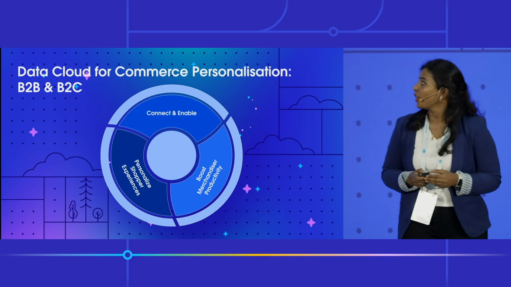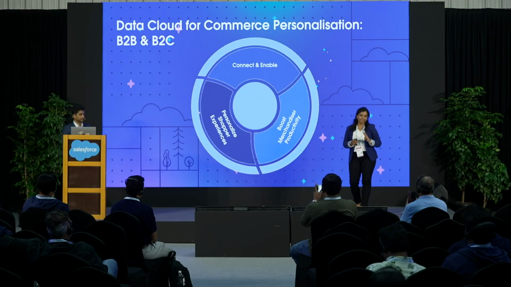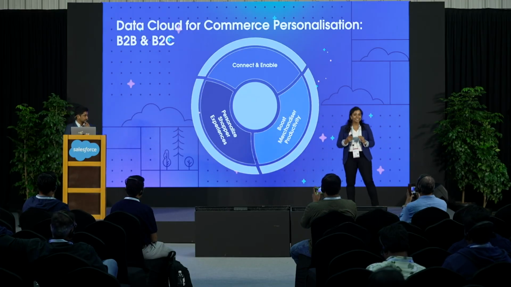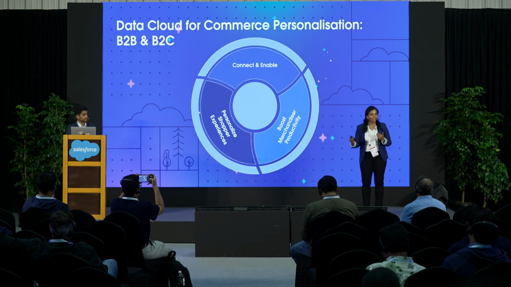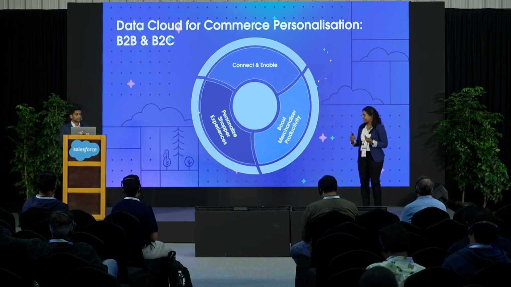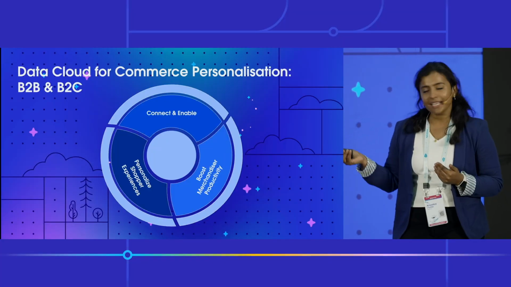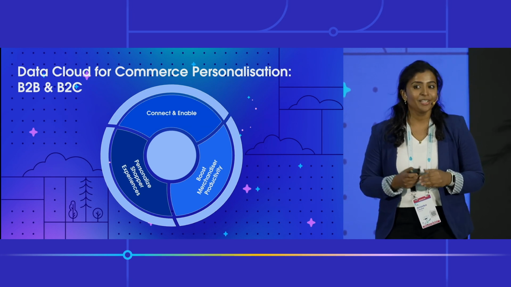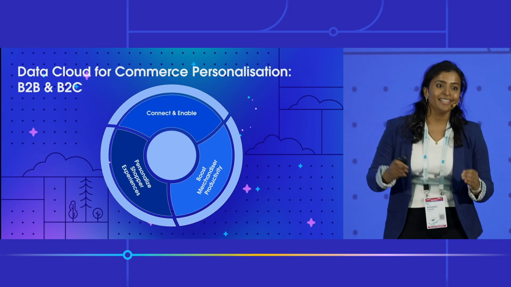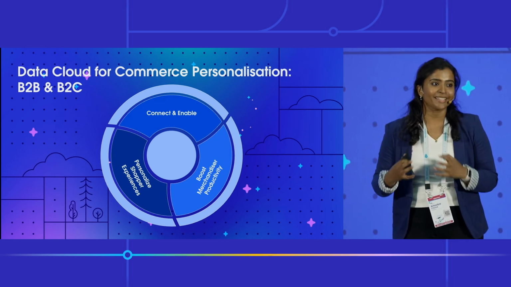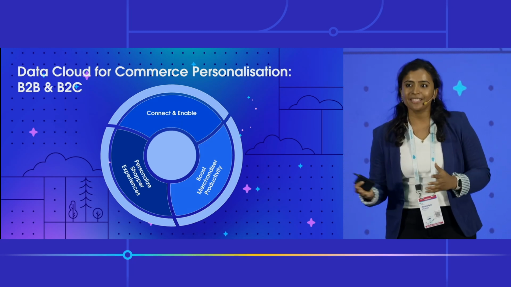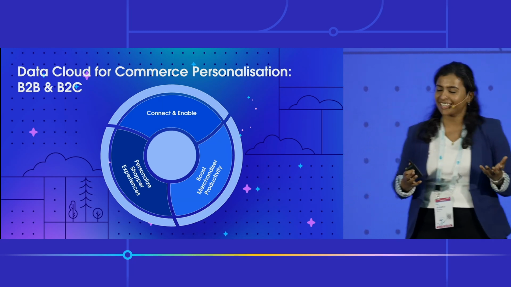Now, Data Cloud for Commerce has 3 major pillars that we'll be covering in the next few slides. The first pillar is Connect and Enable, which involves setting up Data Cloud, setting up your data kits, and linking Data Cloud with your B2B and B2C commerce storefronts. The second pillar of DC for Commerce is personalizing shopper experiences. So this is where you would go to DC, create your target segments, and associate those segments with buyer groups in commerce that can then be targeted with differentiated experiences, promotions, pricing, etc.